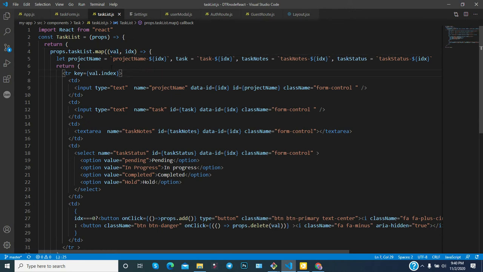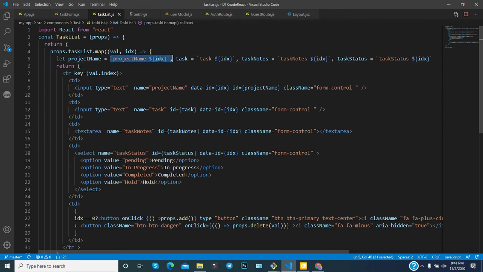Now you can notice that you have declared a variable, let variable. You can notice that project name is concatenated with this idx to make this project name variable unique. Because map is running the loop, and for each loop you are generating a unique value.